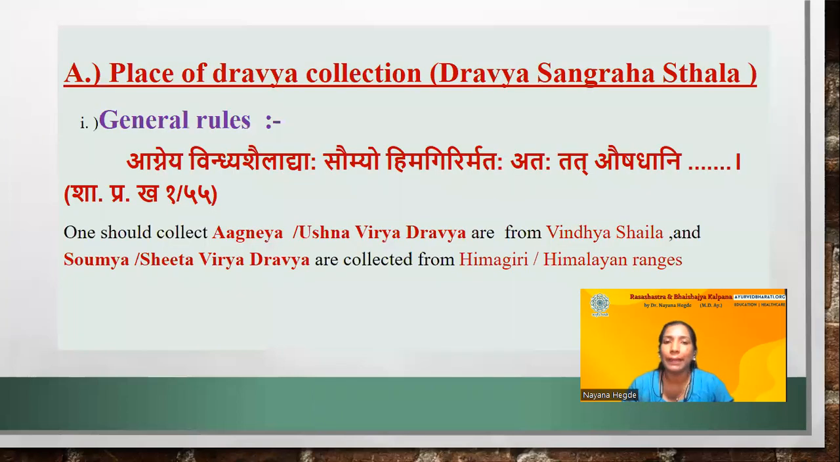तो पहला पॉइंट है place of drug collection, द्रव्य संग्रह स्थल. So in that we are going to study what are the general rules. अभी द्रव्य को किसी जगह से संग्रहण करना है तो पहले जनरली क्या सामान्य नियम है वो जानेंगे. उसमें Sharangadhara प्रथम खंड में हमको एक श्लोक मिलता है, that is आग्नेय विंध्य शैलाद्याः सौम्यो हिमगिरि मतः. Agneya Vindhya Shailadyah means Agneya dravyas and ushna virya dravyas should be collected from Vindhya Shaila or Vindhya ranges,